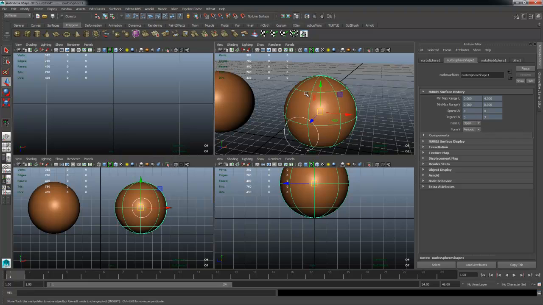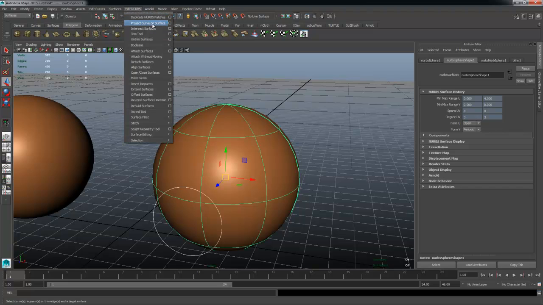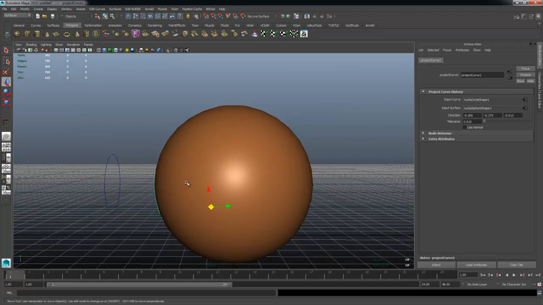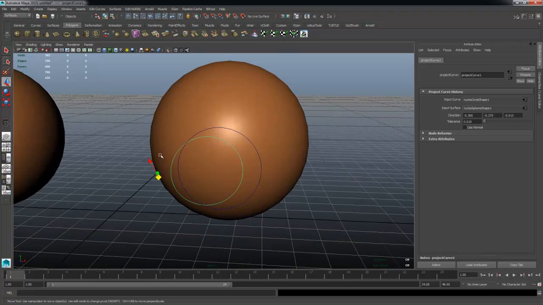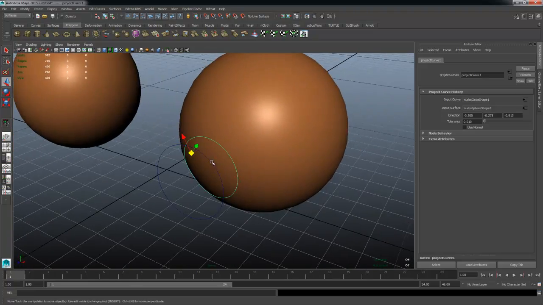So if I were to view it through the perspective camera, and I go to, I think it's Edit NURBS and then Project Curve on Surface, you will see that the result was projected on the mesh, but it projected this based on the camera angle that I initially started off with, and it's going to create a very oblong, strange looking curve that's projected on the surface, purely because my initial starting point was not 100% 90 degrees or parallel